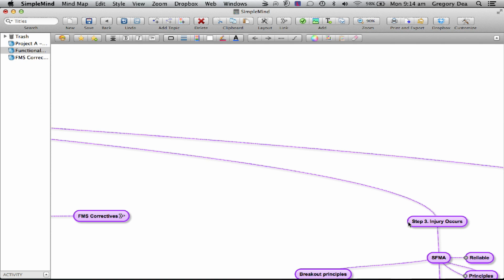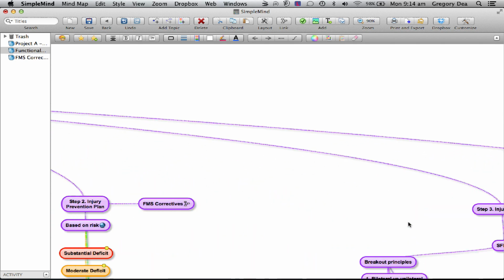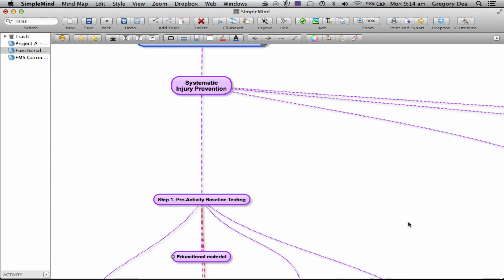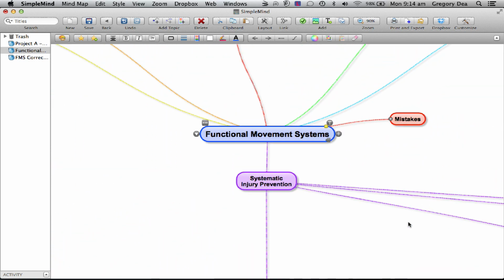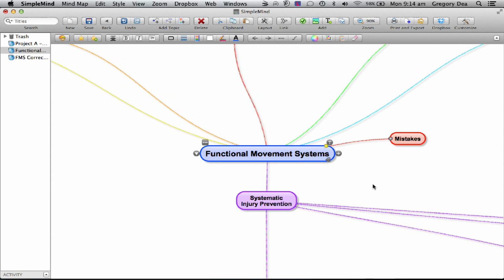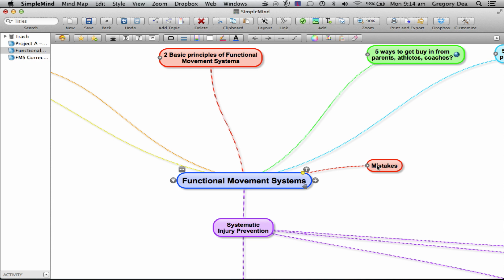Then what happens when an injury occurs, what happens when you're determining safe return to activity. So I scrolled just to the top, and I will get down to these levels in a moment. These are some other concepts that I've read and studied through different workshops and books, etc. These are 5 mistakes that Jim Rayner at the Movement Restoration Project